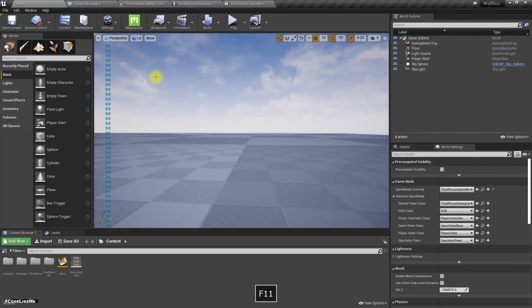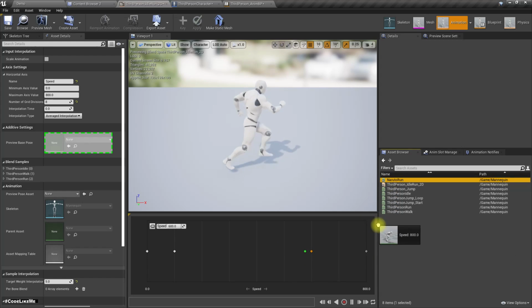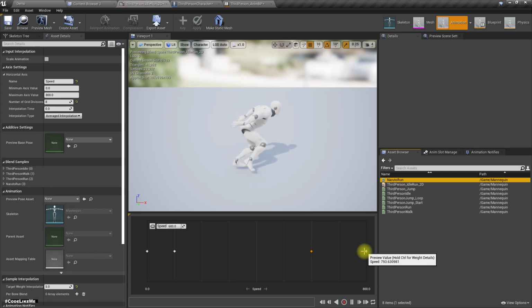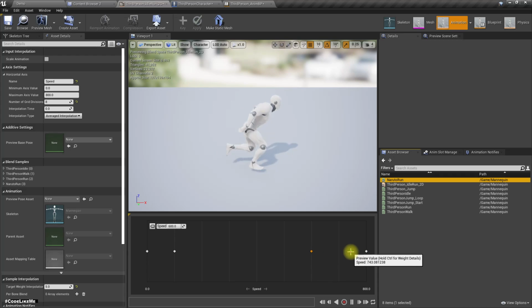Okay, now I want to implement sprinting. So I'll increase this to 8 and set the speed value, increase it to 800. Now I'll put this back to 600 and put Naruto run here at the 800, like this. Okay,